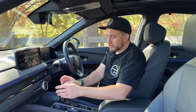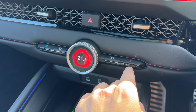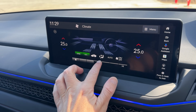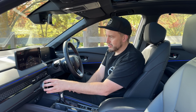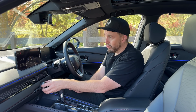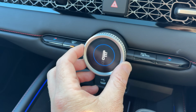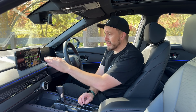Instead, you've got triggers for the actual adjustment of the temperature, but the fan adjustment is done on the screen, and I don't like that. But also there's this central controller here which you can customize to basically be rapid cooling or colder on automatic or warmer on automatic, whatever it may be. I just think that it's maybe a little bit complicated, and the other way of doing things in the other Hondas is actually better. But the thing is that you're getting this 12.3-inch touchscreen media system, which is bigger than